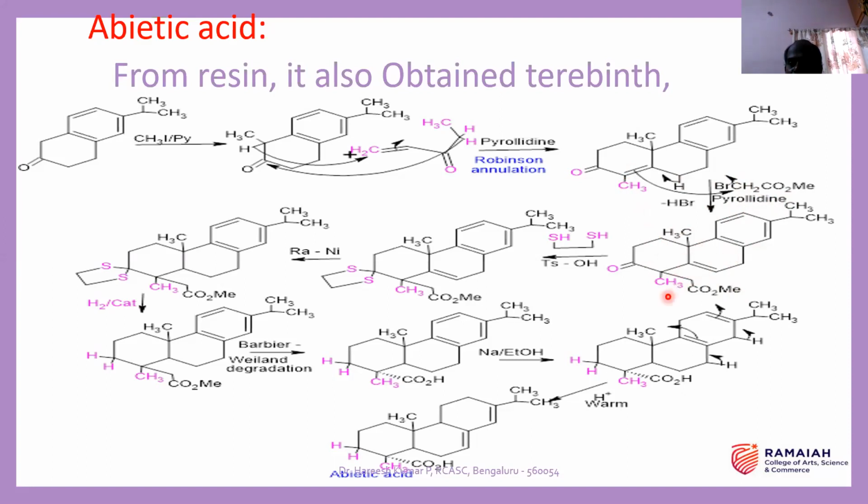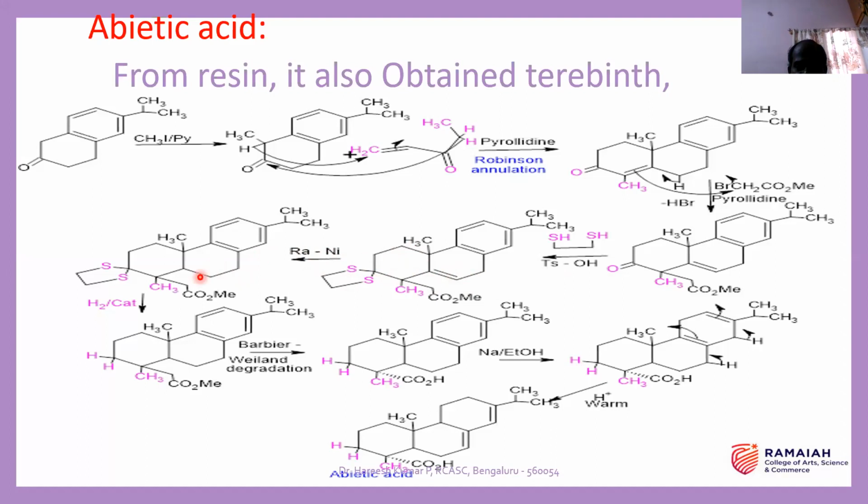So at this stage, it's a protection of a ketone. So protection of ketone with the thioglycol. This is called thioglycol. And the obtained one is the thioketal. Okay. So that means the C=O is protected here. Then what will happen? So this one, when it is treated with Raney nickel, okay. You are aware of the applications of Raney nickel. So what will happen? Here you can observe that there is an isolated double bond.